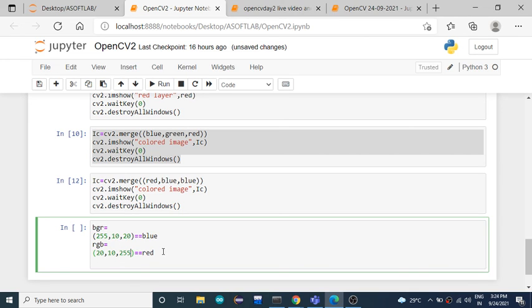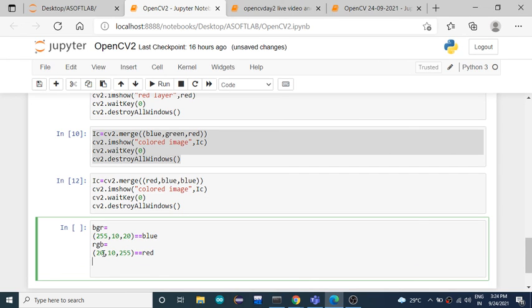As I showed in Paint. If I do the same task for RBB, then the color format will be red 20, blue 255, and blue 255. The combination of this gives a different color rather than red or blue, right?